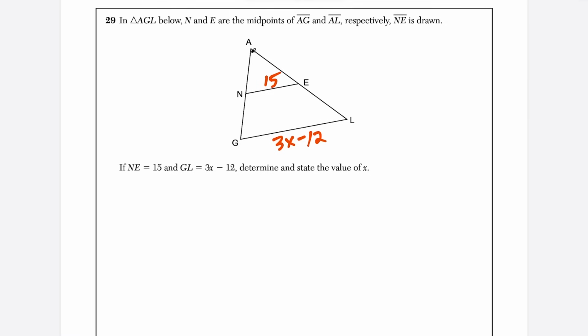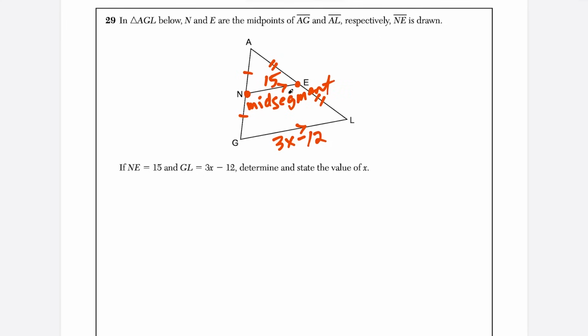Well, one thing they told us was N and E are midpoints. So I could say that this line segment and this line segment are the same, and these two line segments are the same. There's a special name for this line segment over here. NE is actually called the midsegment, and a special property of midsegments is that they are parallel to the third